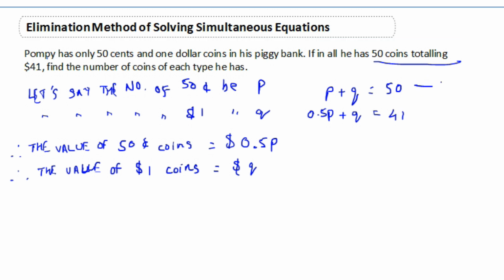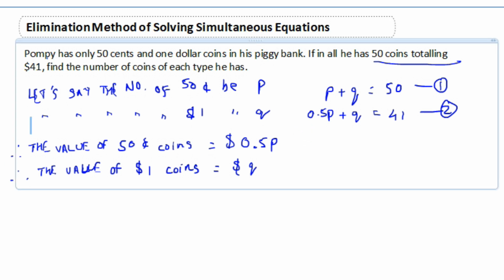So again, let this be equation number 1, let this be equation number 2. To eliminate the variables, what we need to do is subtract both the equations, or we can multiply equation number 2 or equation number 1 by -1 to make the variables negative, but I think let us just subtract the equation. So when we do a vertical subtraction,